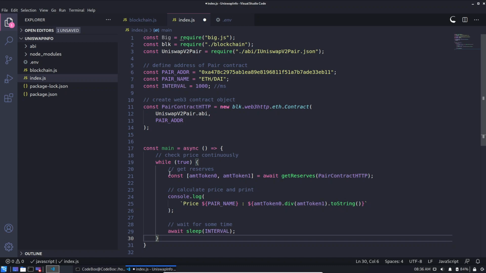What we're exactly doing is continuously querying the blockchain to get the results of the pair's contract, to get the amount of token which is stored in the pool, and then we are calculating the price based on that. To do that, we are declaring a while loop here. In that while loop, we are constantly fetching the price from the pair contract, and then we are just sleeping for a specific interval. I haven't declared this getReserves function yet.